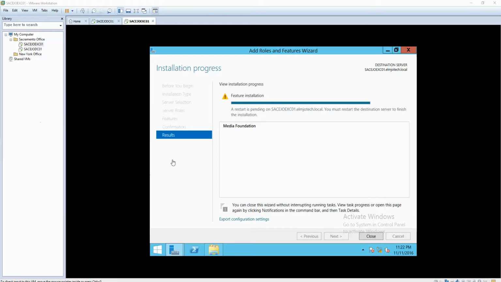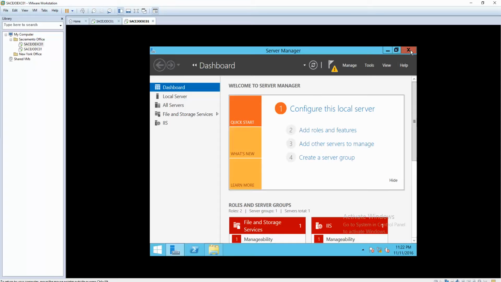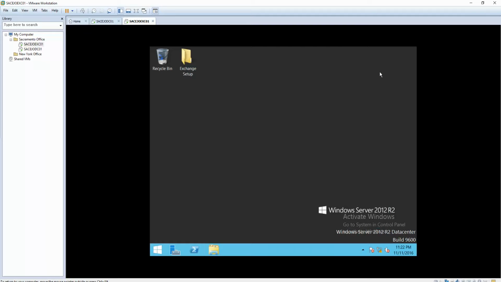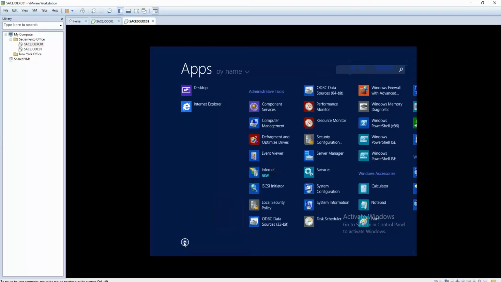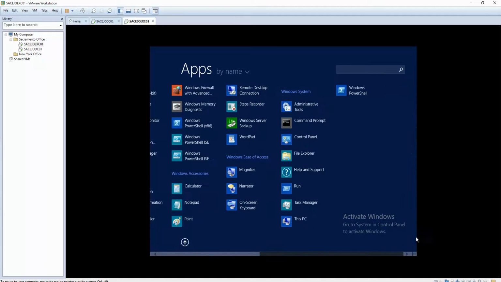Okay, so you can see that the installation is completed, but it is just telling us that you need to restart in order to let those changes take effect. So what I'm gonna do is I'm simply gonna go ahead and restart this server 2012 operating system,